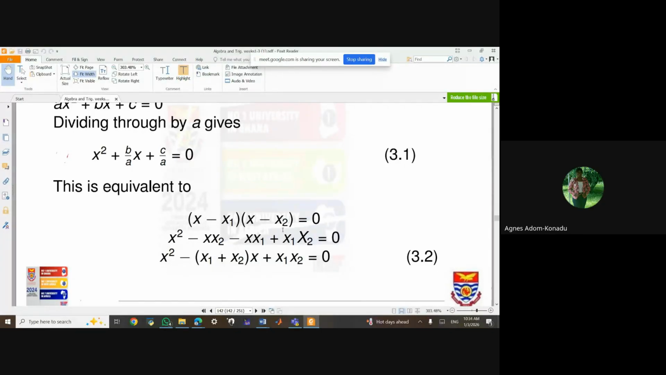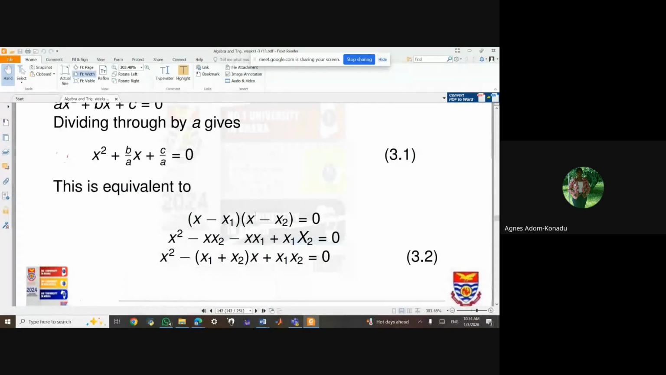Now when I expand this, I'm going to get x squared minus x x2 minus x x1 plus x1 x2 equal to 0. So this is the same as x squared minus open bracket x1 plus x2 close bracket x plus x1 x2. When you compare this equation,